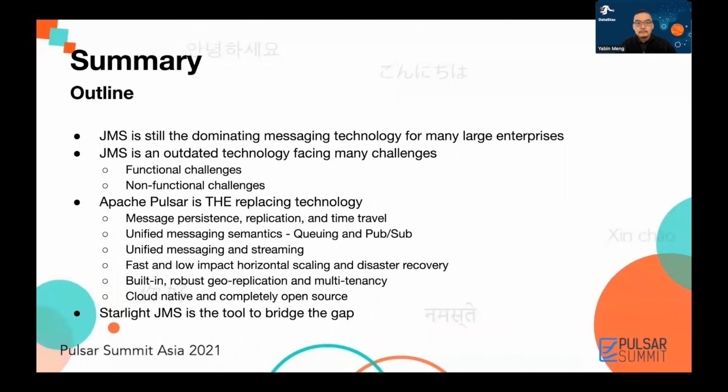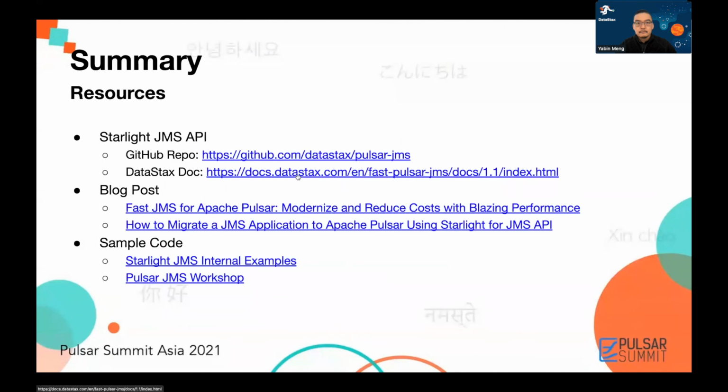The Starlight API allows existing JMS applications to be seamlessly migrated to Apache Pulsar as a native JMS provider with very low impact. Here are some resources that you can reference to, including the GitHub repo, DataStax documentation, blog post,